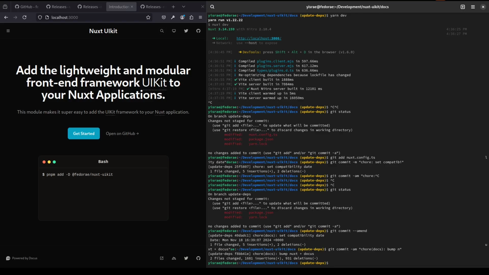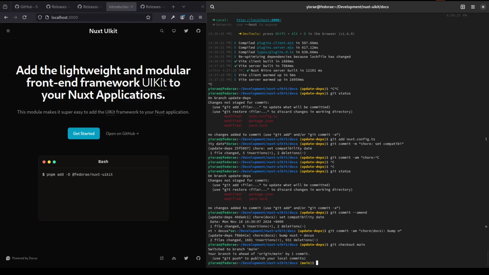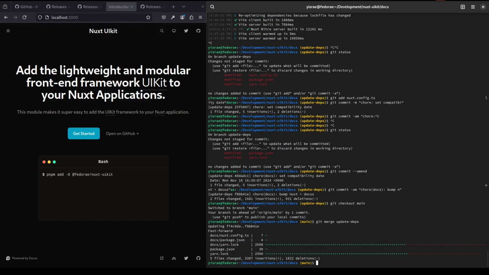So we're all set. The only thing that's remaining is for us to actually release this here. So I'm gonna go ahead and check out the main branch again. And from here we can just do a git merge, and we can merge the update deps, and this is going to be fast forwarded because everything was pretty much already aligned. And from here we can go ahead and do a release. We're going to also do an automatic test on this here. Before I do that, I think I need to unset something in here that's going to give me some issues. So node options, and then we can,